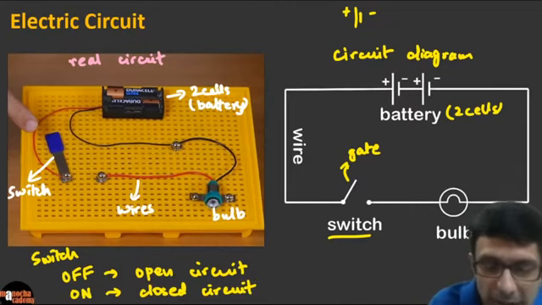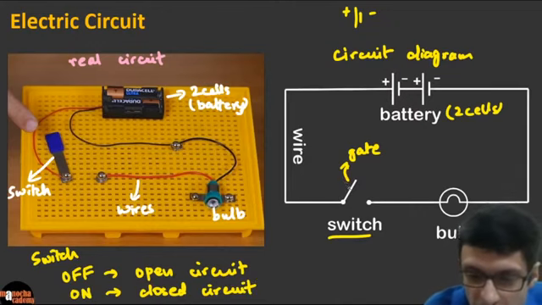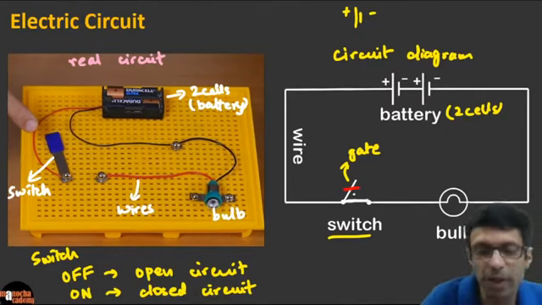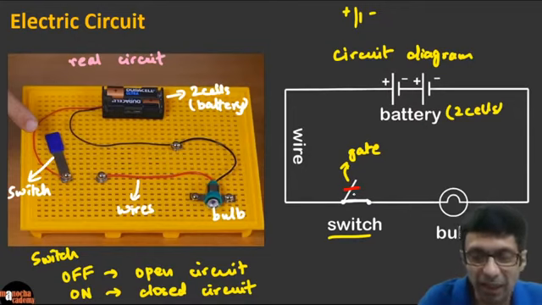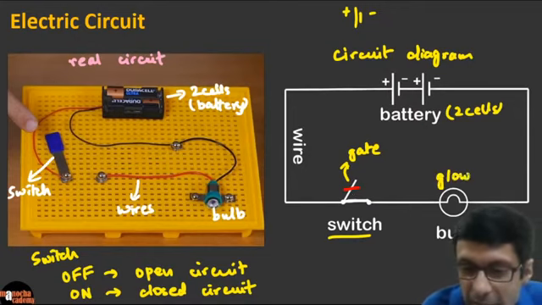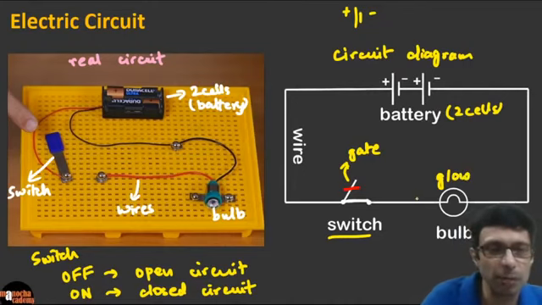So if I want to close this circuit, this will no longer be there. We will cancel this out and draw the line now like this. You guys got it? So now this is going to be a closed circuit and the current can flow and the bulb will start glowing here. This is the symbol for a bulb. There are other different symbols which you can learn. So this is not the only symbol for a bulb.